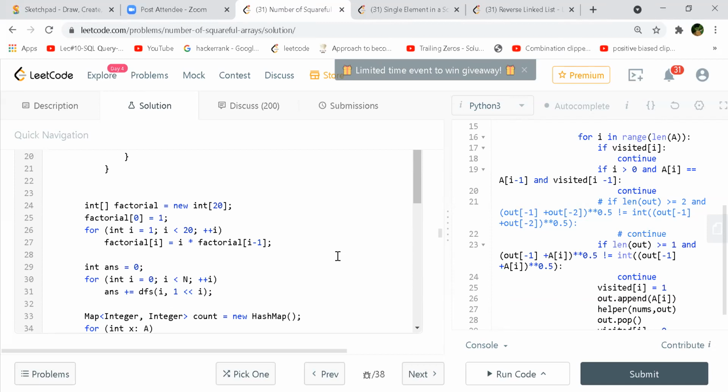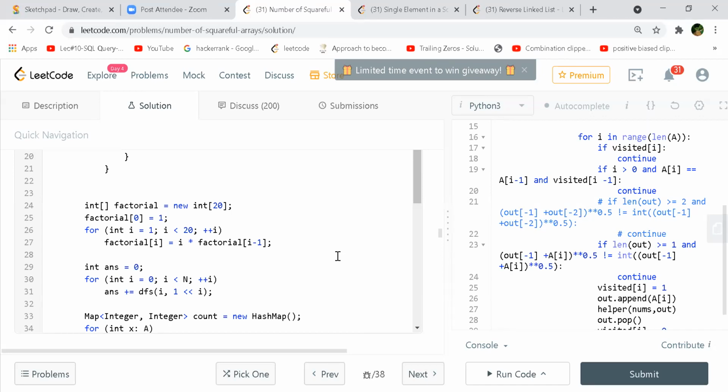Because if you just imagine the way RK was saying, you convert it to a graph, you find all the adjacency lists based on the squarefulness of each and every node, and then you can straight away do a DFS. And as long as you find the complete path of all the nodes in it, that becomes one permutation. Any reason why they put 20 there? Maybe because 20 length itself is too much. No, I think the length of the array is 12. And I don't know why exactly they are taking 20.